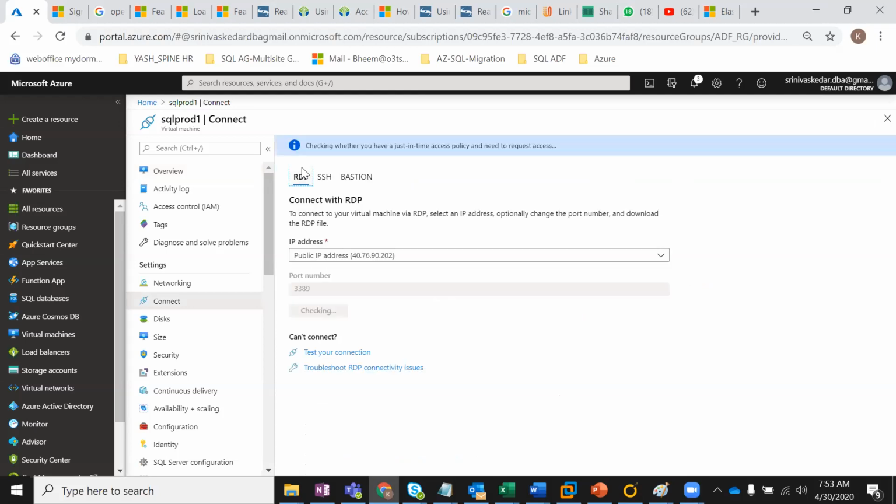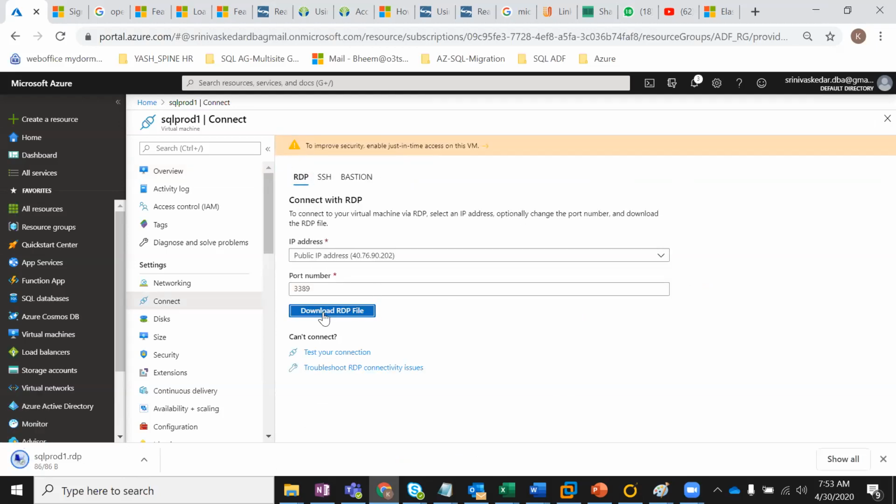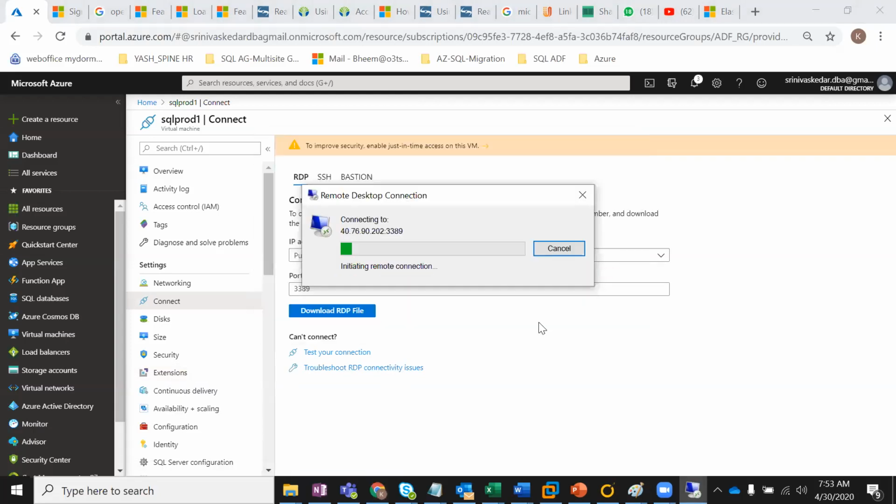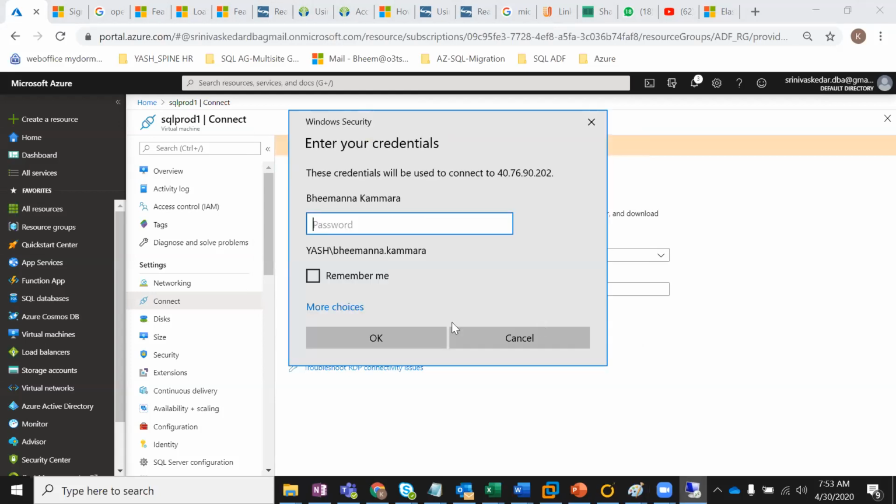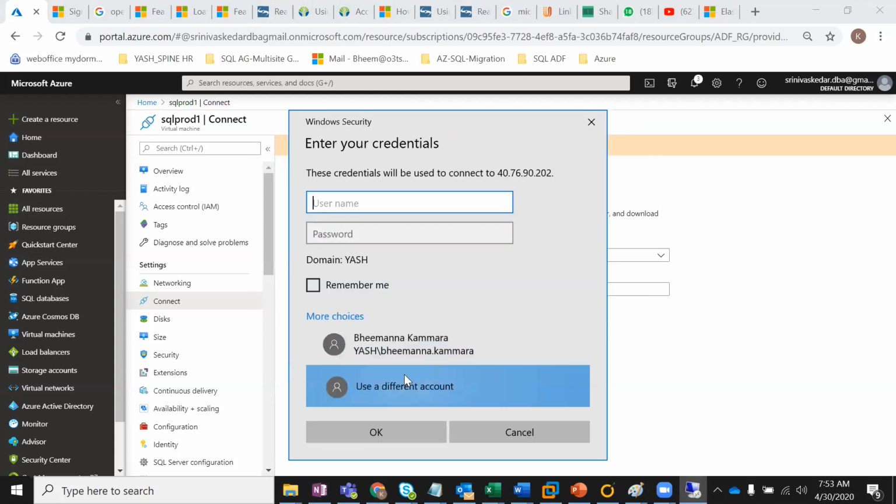At this moment, since I have a Windows server, I download the RDP file and test the connection and troubleshoot RDP. So instead of giving the IP address, I could connect using my RDP file. Just provide your ID, SQL admin, and your password here.